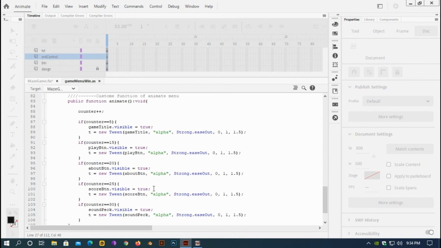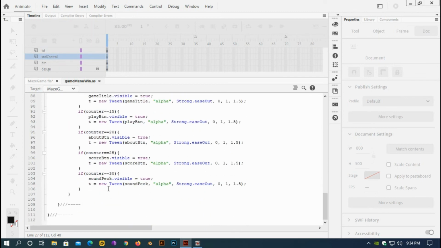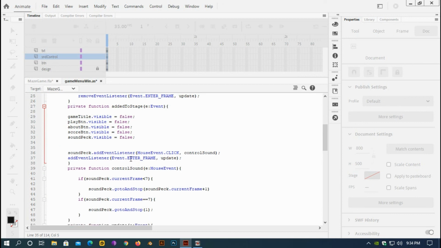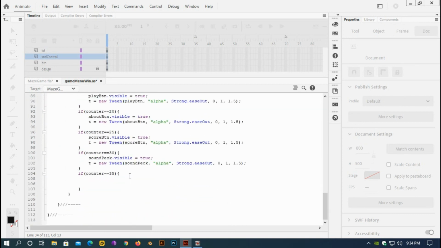I want to play the sound after all of these animations. So here I'll type if counter equal to 35, then cut it here and paste it here. That means after all the animation, the sound